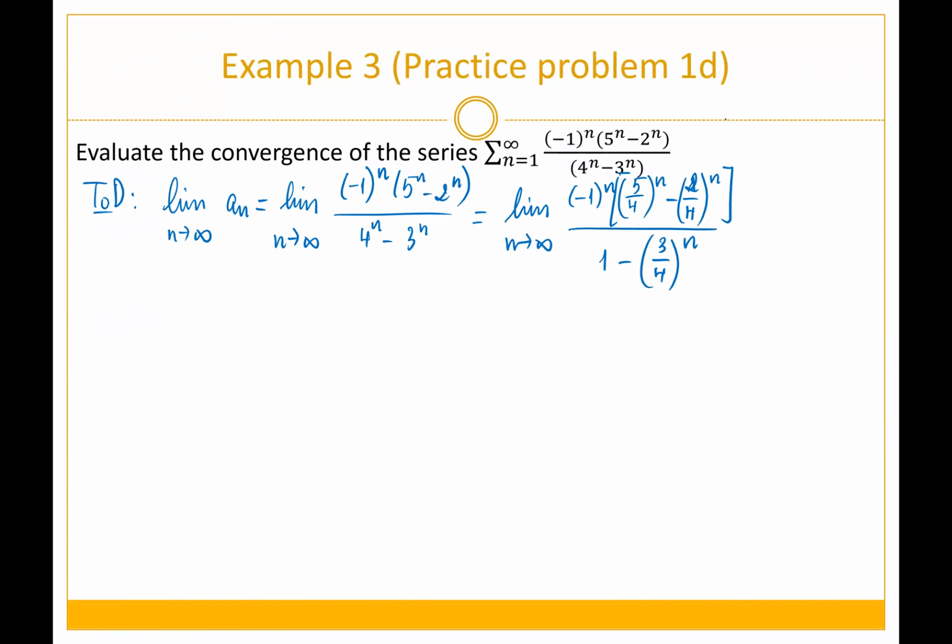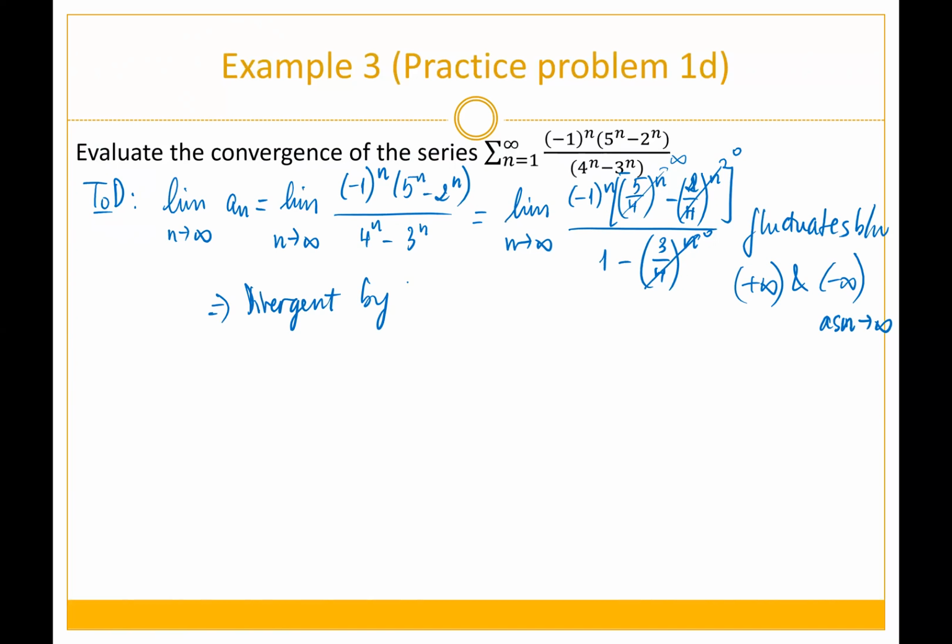Now as n approaches infinity, this one approaches 0, this one is 0, but this one approaches infinity, and you have a negative 1 to the n. So our limit is going to fluctuate between positive infinity and negative infinity as n approaches infinity. So this one is going to be divergent